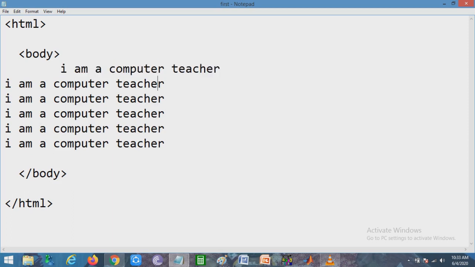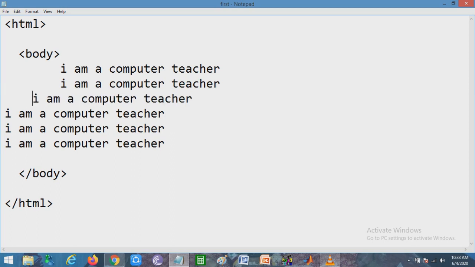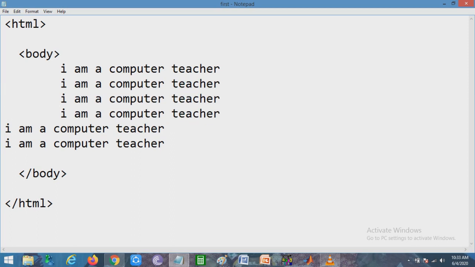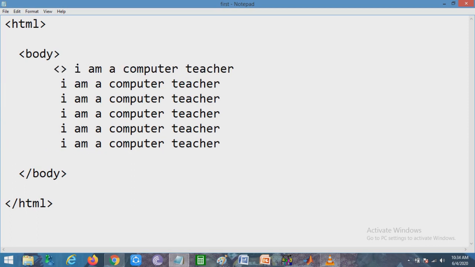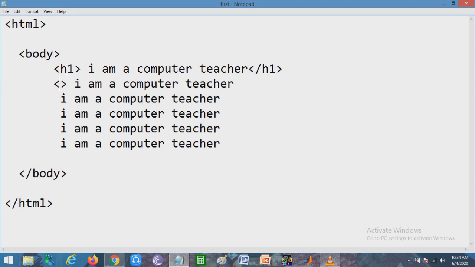Now look at the difference between all the H commands. So H means heading tags. Now apply H1, and you have to end the tag also. So here write H1, and you will have the output.